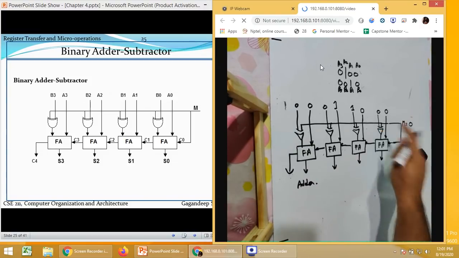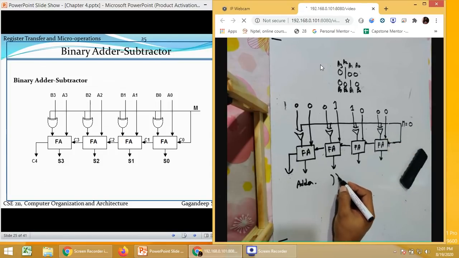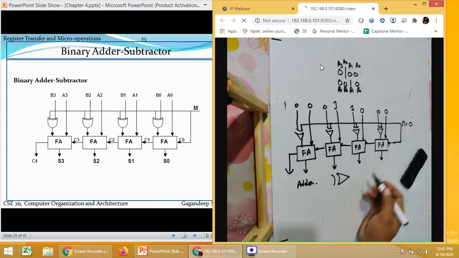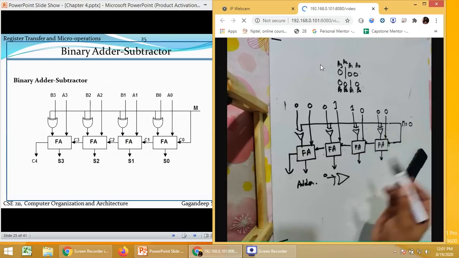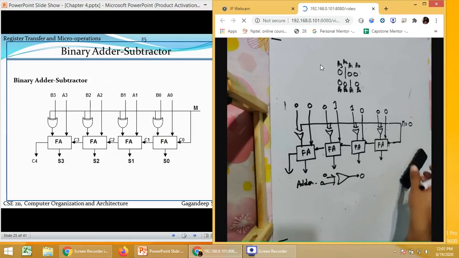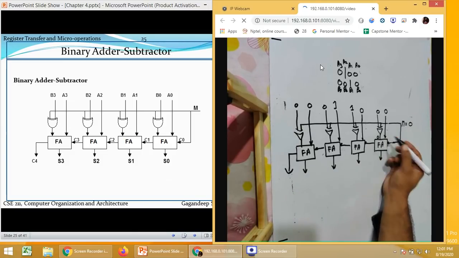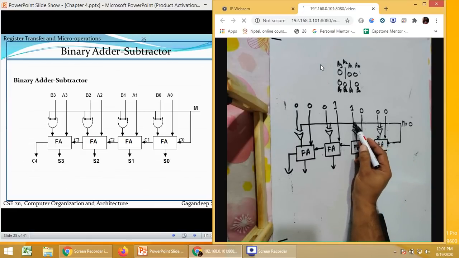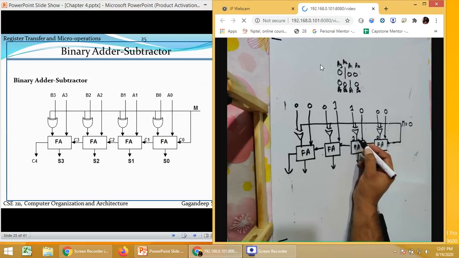Now see, in this XOR gate, what inputs we are going to give? We are giving two inputs. In the first case, this M is 0 from this place, so 0. The other value from B is 0. Now what will be the output? 0, because both the values are same, our output will be low. So from here we can check that here I am going to get a value 0. So then 0 or 1, both the values are different, so output will be 1 for XOR gate.